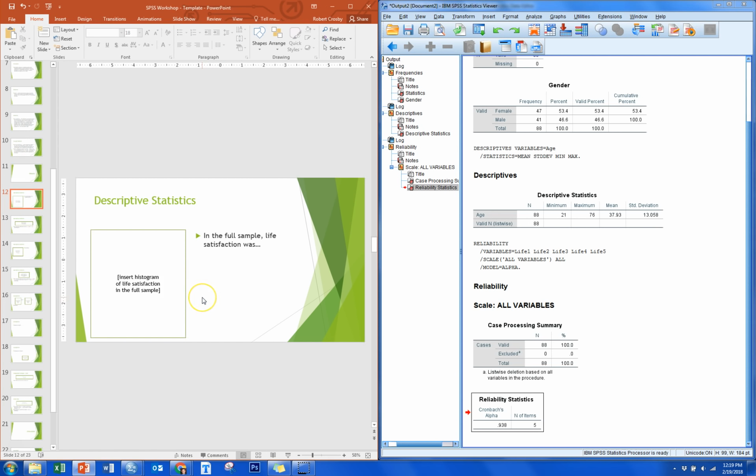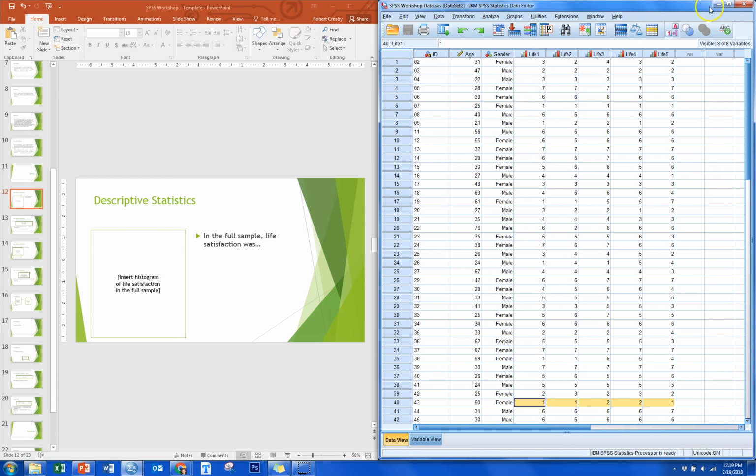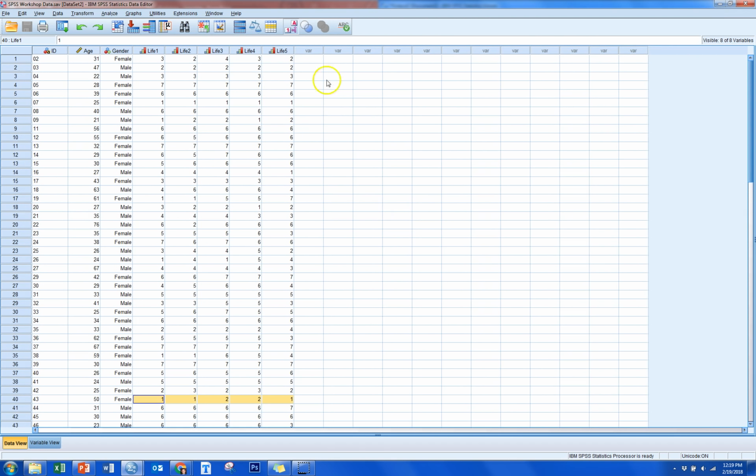So we're just going to look at univariate statistics. Let's just look at the distribution of life satisfaction. Let's go over here and I'll show you how to do that. So here's back to our data set. And we want to create a histogram of life satisfaction, but wait,